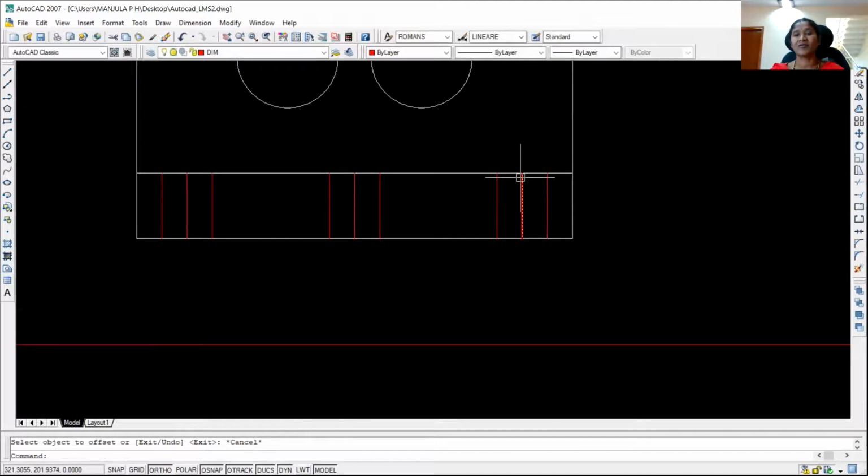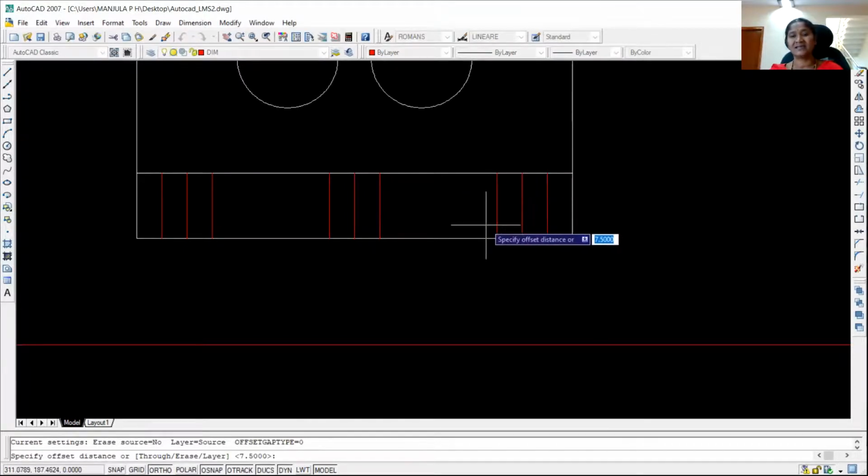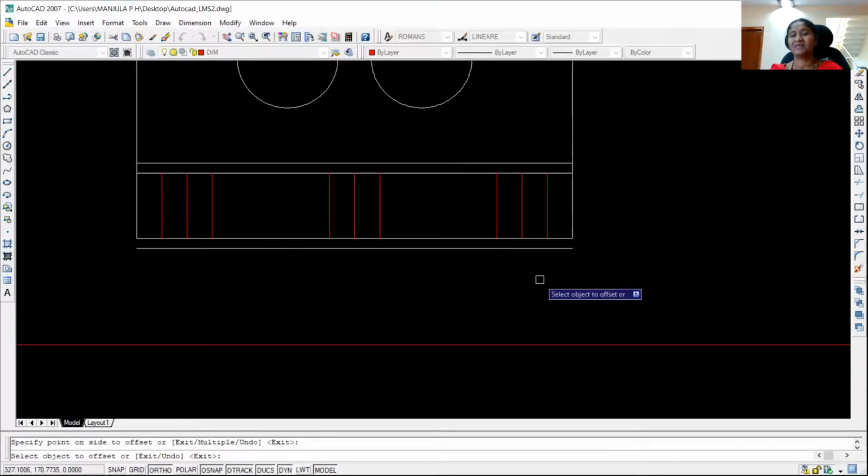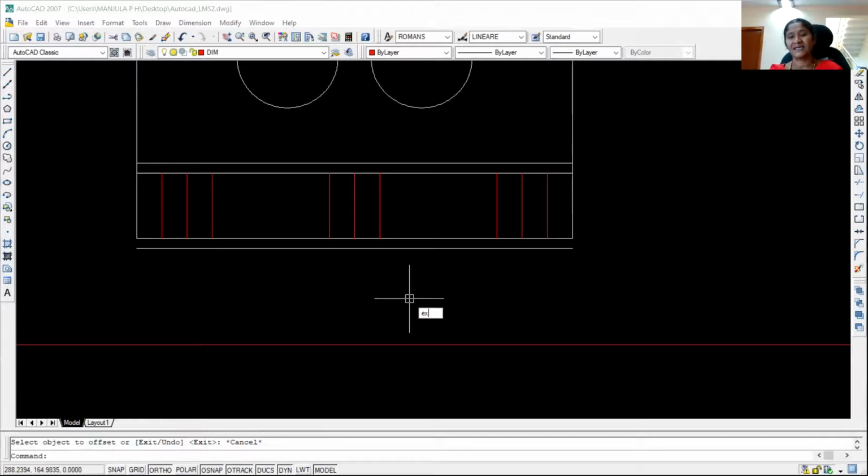The center lines, I'm going to extend by 3 mm on either side. For that, you make use of the offset command. O, enter. You select the distance 3 mm, enter. You offset this line by 3 mm, this line by 3 mm, in order to extend the center line by 3 mm on either side. It can be 3, 2 or anything. In order to extend, I'm going to make use of the extend command, type E, X, enter.